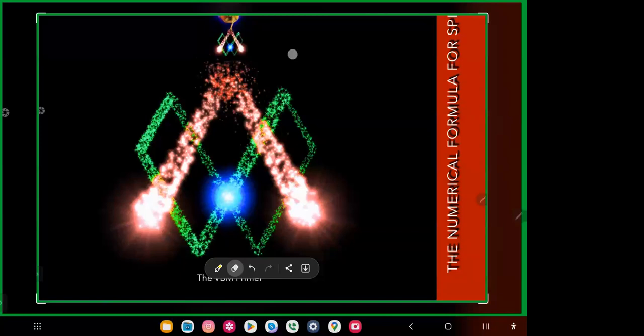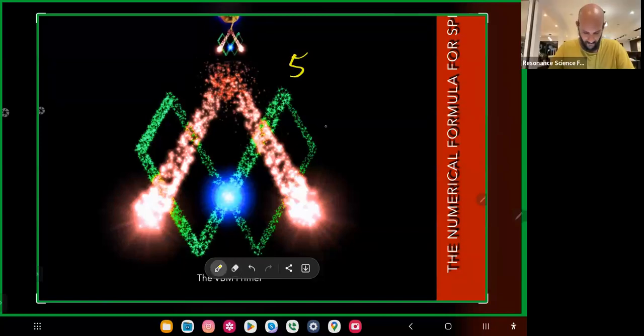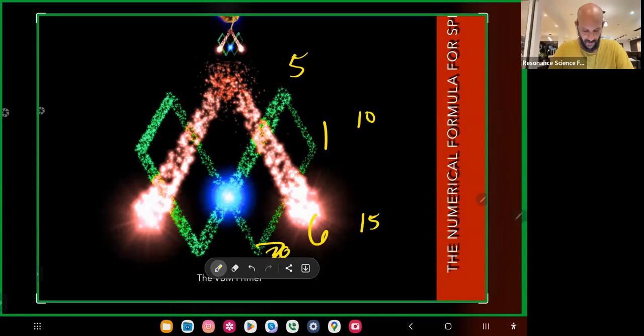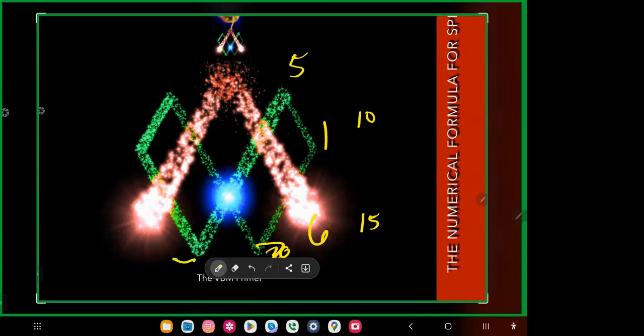This time I will do 5. 2 5s is 10. 3 5s is 15, which is 6. 4 times 5 is 20, which is a 2. 5 times 5 is 25, which equals a 7. 3, 8, 4, 9. Because it's 10, 15,